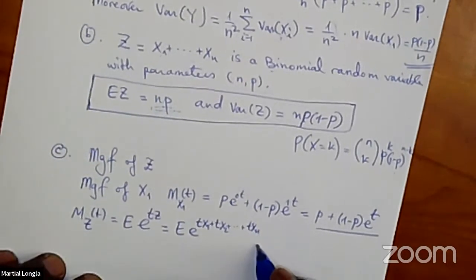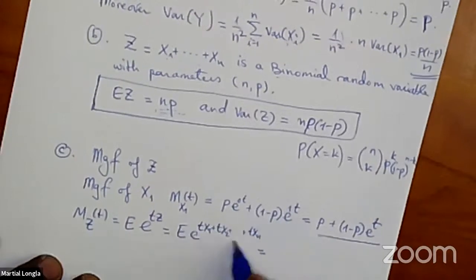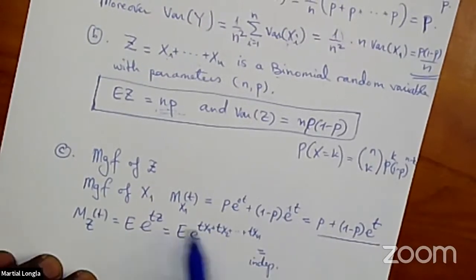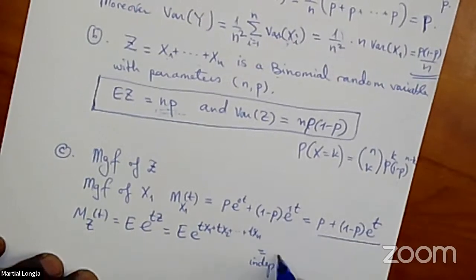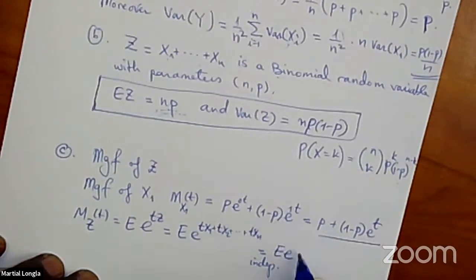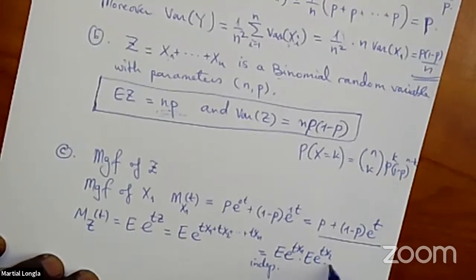And because the random variables are independent, the expected value of this product is equal to the product of expected values. That's expected value of e to the tX1 times expected value of e to the tX2 times expected value of e to the tXn,